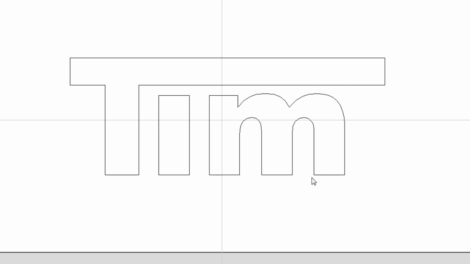The other way I can go into Node Edit, I have this selected, and all I have to do is press the N key, the letter N on my keyboard. Once I press that N key, you'll notice I've gone into my node editing mode. All the nodes along the curve give it that nice rounded shape, and my ends. On this one, I'm going to come up here. I'm going to take these, and I'm going to move these